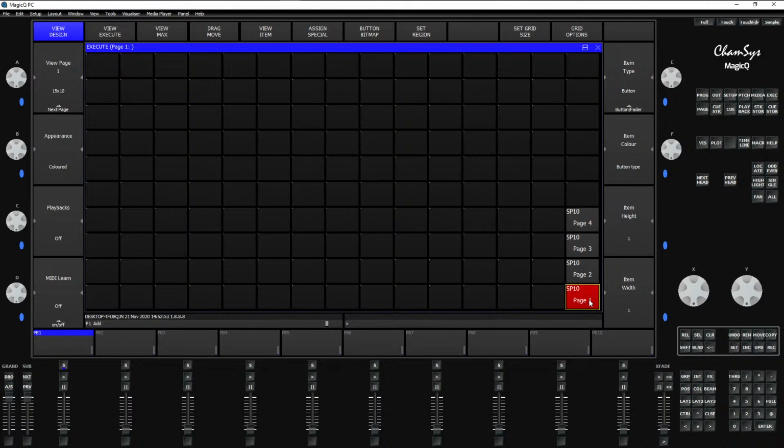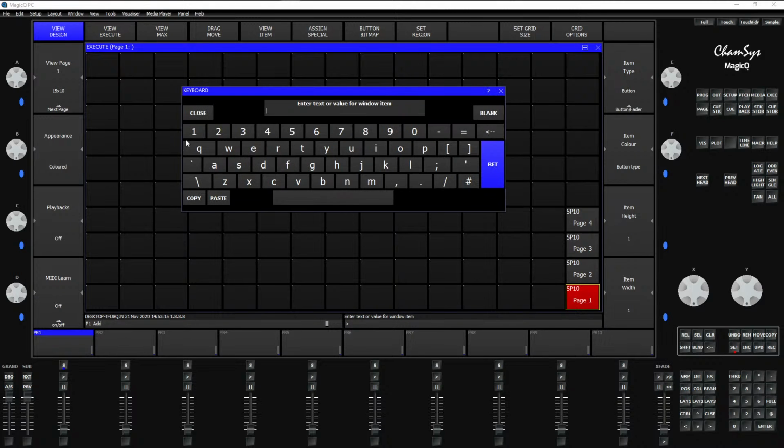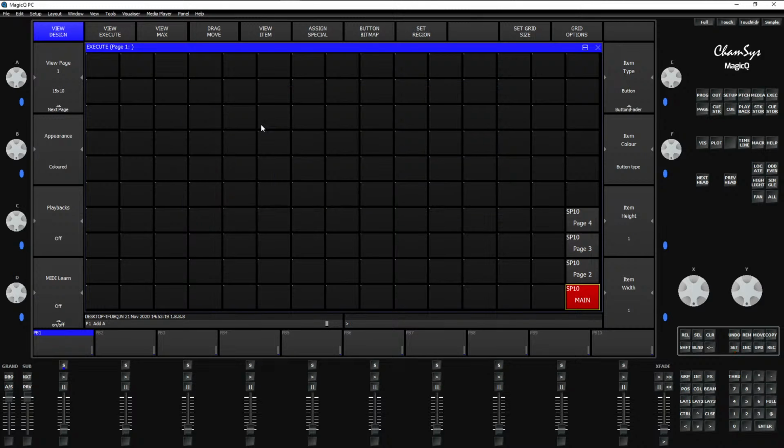And if you use the button, I don't know where it is. I'm not thinking through this. Here, set. I have it on my PC command wing, so I don't use this kind of stuff that much. But if you use set and then select it, you can write. So I'm just gonna call this main. So now it's set main, and my page 2